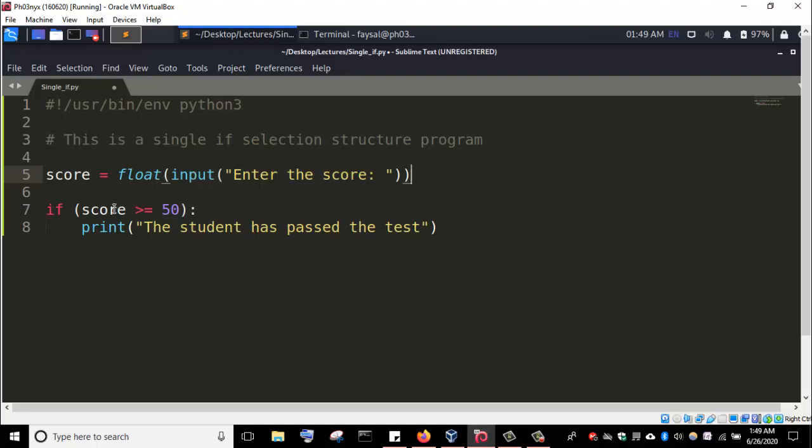what the teacher is going to input into a float. Now, if score is greater than or equal to 50, let's say 50.0, and also in the comparison, let's make it a floating point: if score is greater than or equal to 50.0, then it's going to print the student has passed the test. All right, before we go further, let's run this program and see if it is working up